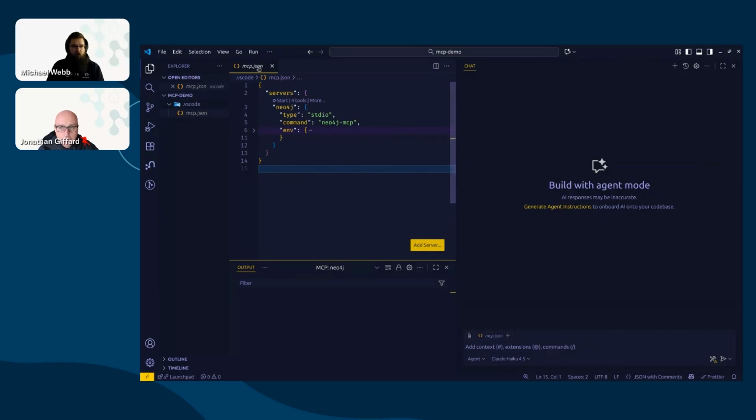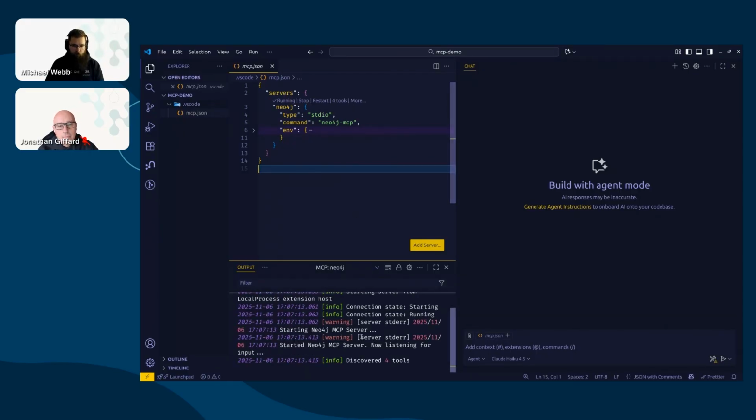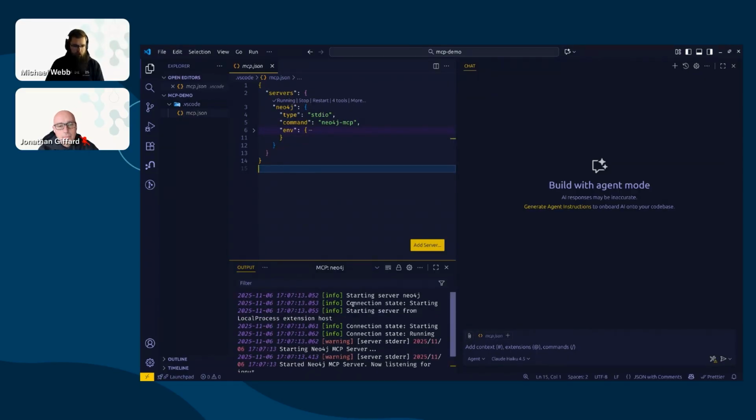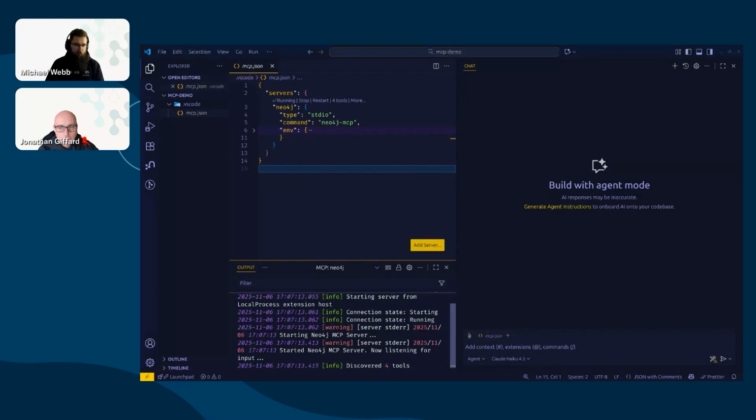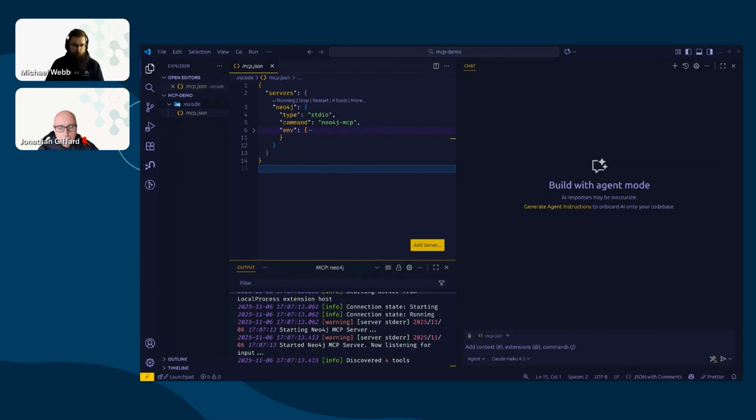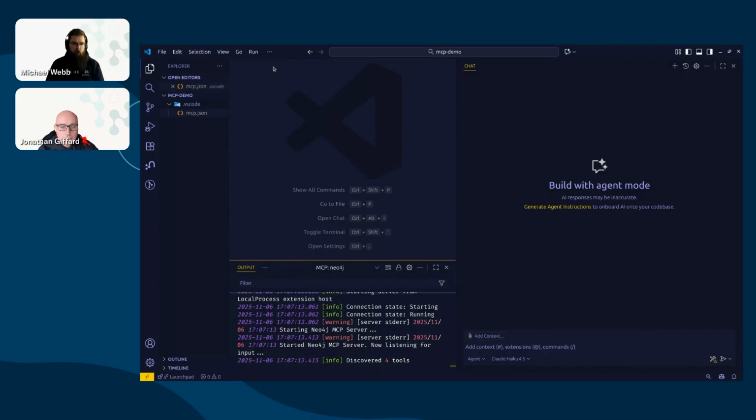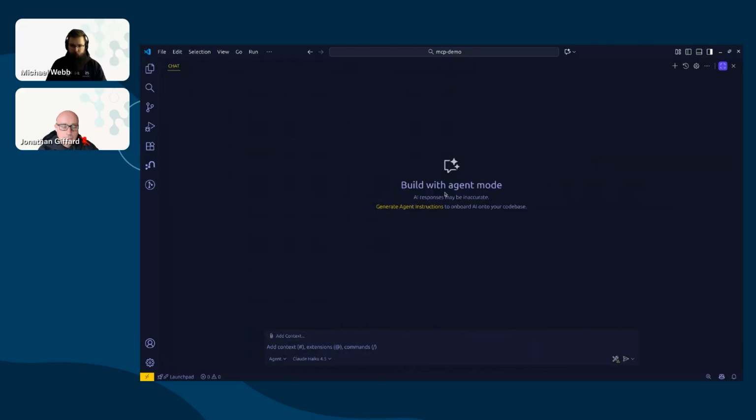Okay, so we have a little mcp.json configuration file for VS Code, which I'm using to do this demonstration, but this would be different in another client like Claude or something like that. I'm not going to show you my environment variables, but just assume that there's some connection details to a Neo4j database in here. And the first thing to do is start up the server. On here we have a little output log, which shows the server is running, and it's discovered some tools being used by the agent to perform some operations, which you'll see in a moment. So let me just close this and make this a little bit bigger.